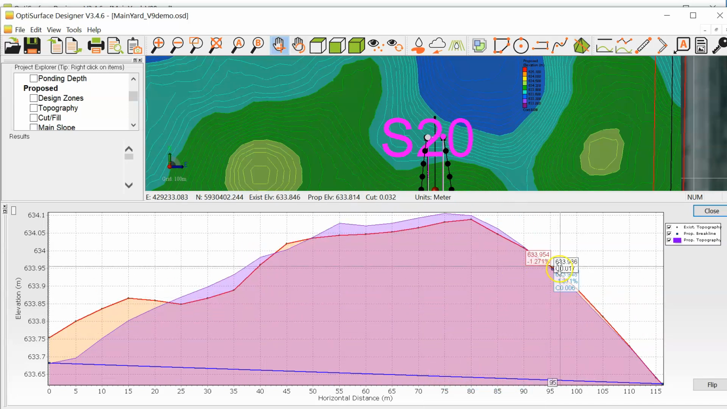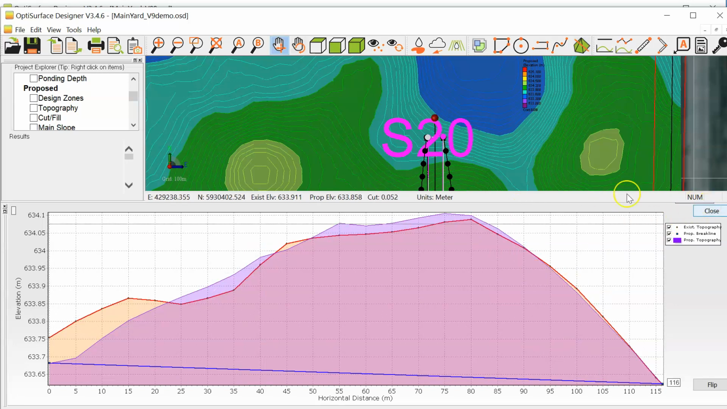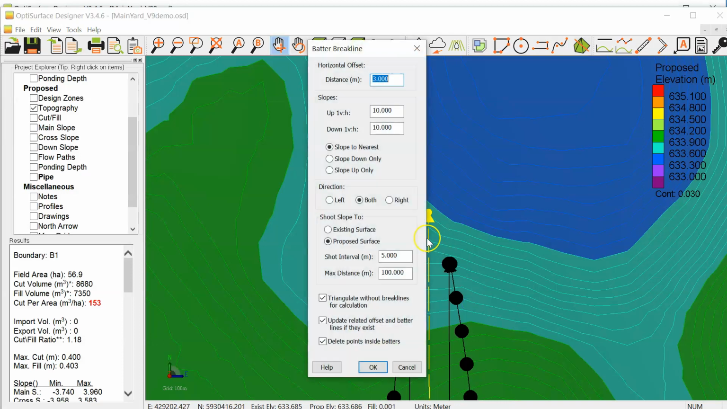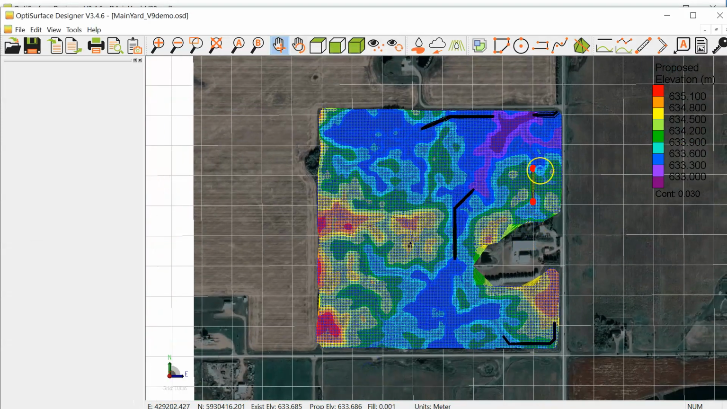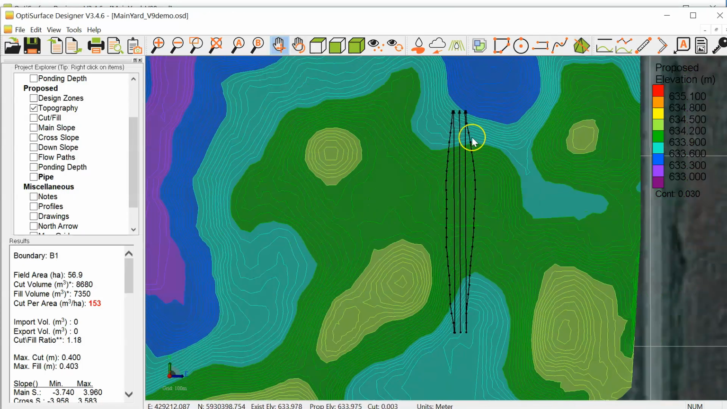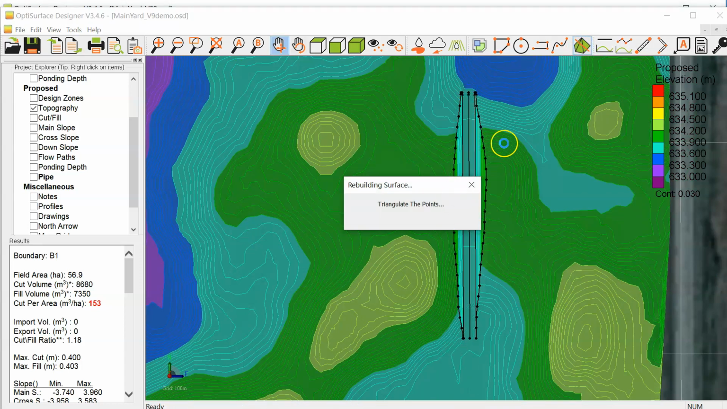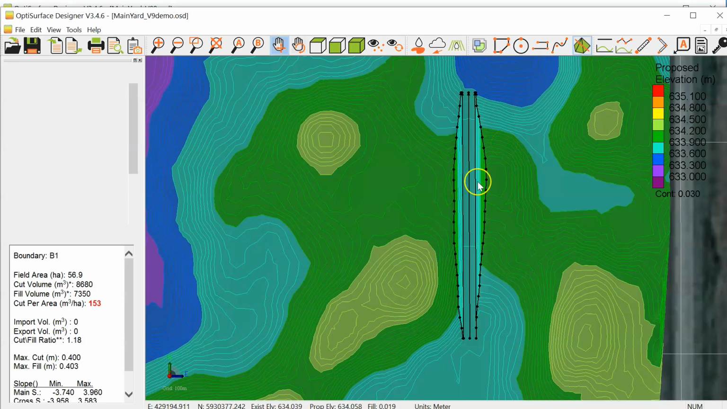Okay, so that looks to be working. Let's close this and re-batter this. If we go batter, these are set properly, both. We click calculate, it'll remove the existing break lines that were on the outside and reshoot them. And that's what they look like. Now, to get that to tie back into the surface, we've got to re-triangulate with those break lines. You can see it's triangulated in now,